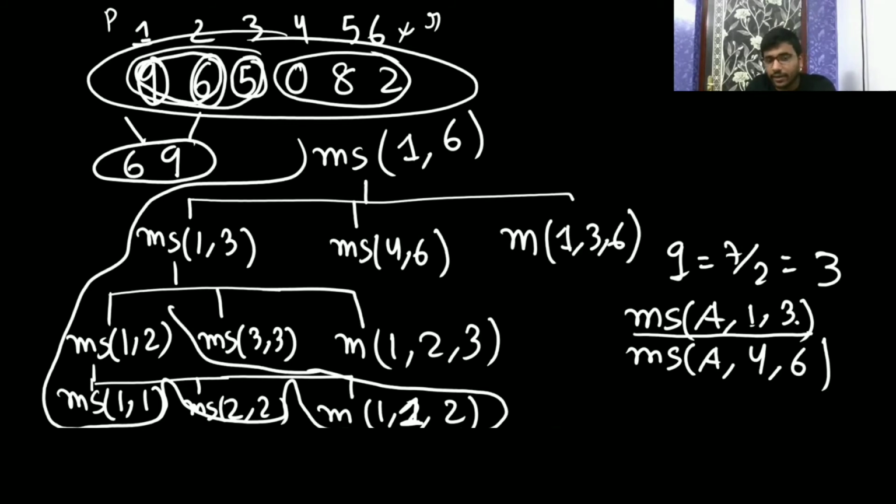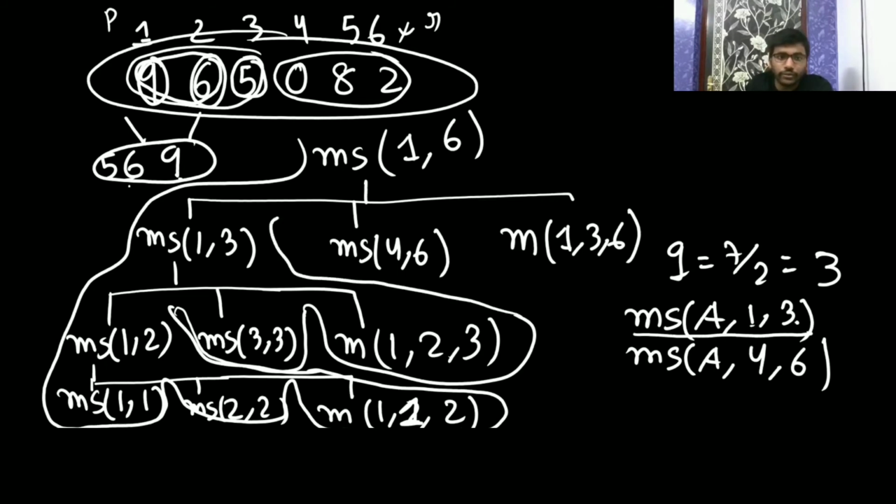And 3 on 3, p is smaller than q? No, 3 is not smaller than 3, so it will not go inside, it will not do anything, it will be as it is. Now it will merge the array 1 to 2 and the index 3. So when you will call the merge on starting index 1 and the mid index 2 and the end index is 3, merge is going to create one sorted list. So 5 will be here, 5 6 9. Are you getting that? 5 6 9. Till 1 3 you are going to get the sorted list 5 6 9.